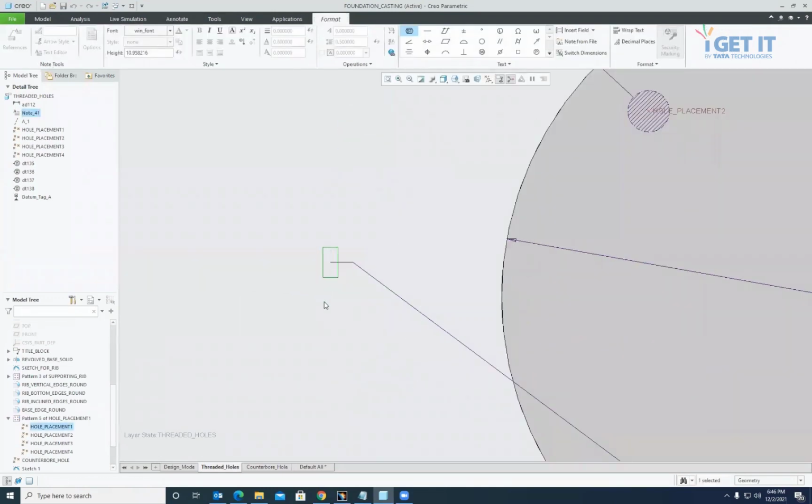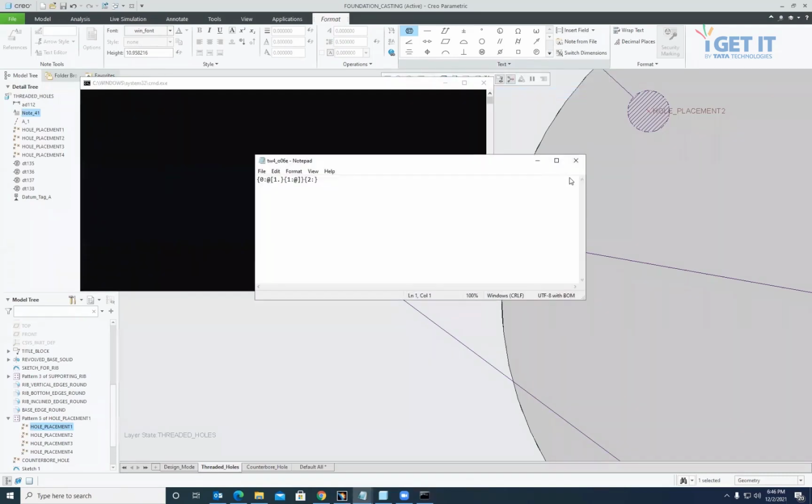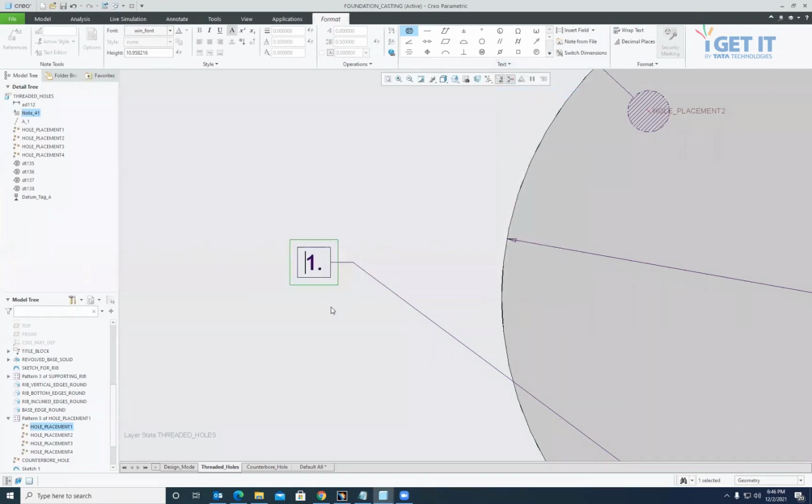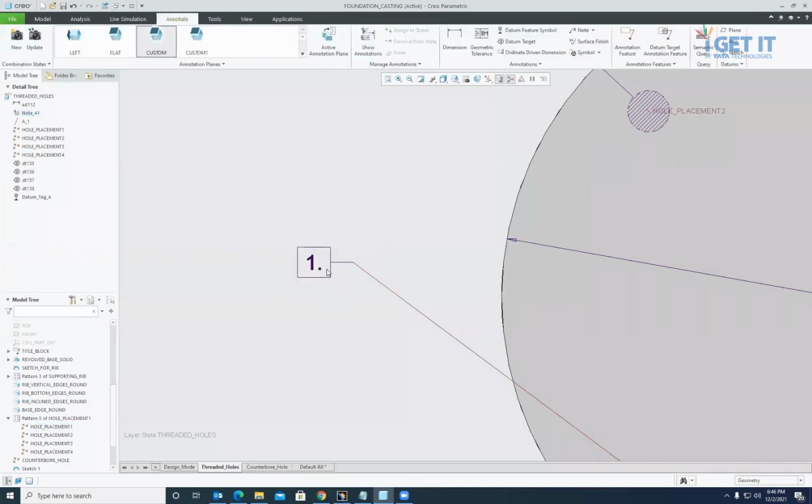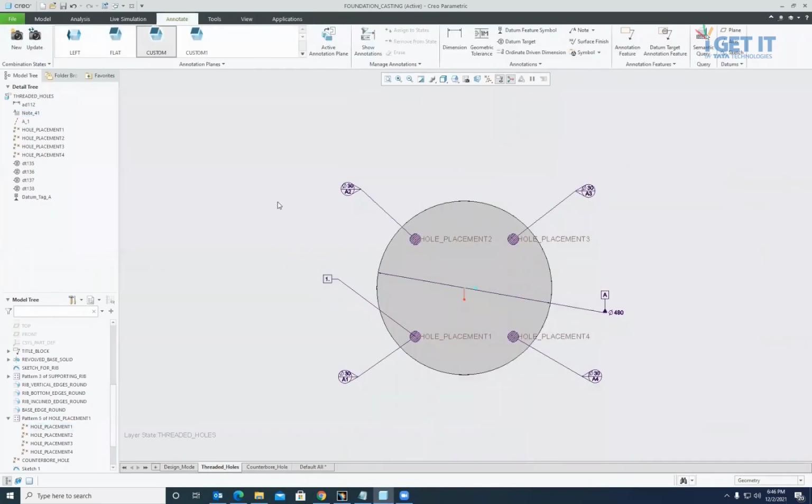The note text should be like this: at bracket 1 dot at closing bracket. So this is the syntax. From this syntax, I go to text and editor, and then just close it. So due to the syntax, this one note is coming inside a box. Then set the orientation to flat to screen, and I will create one more note.